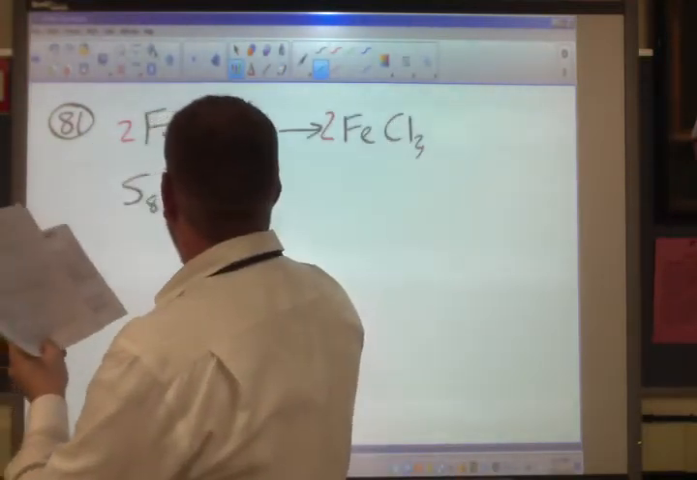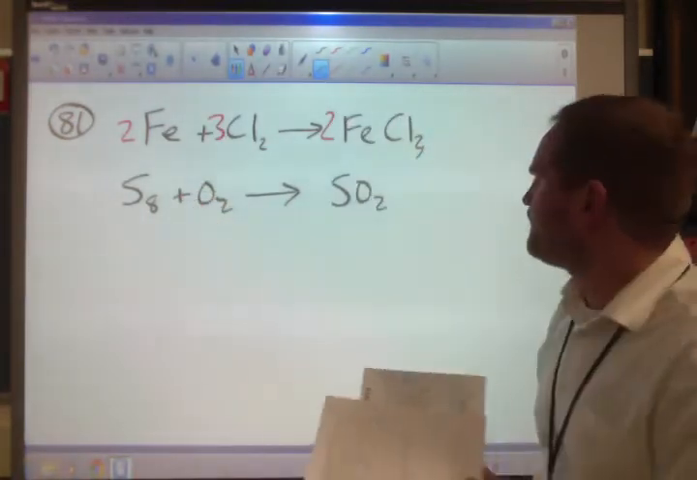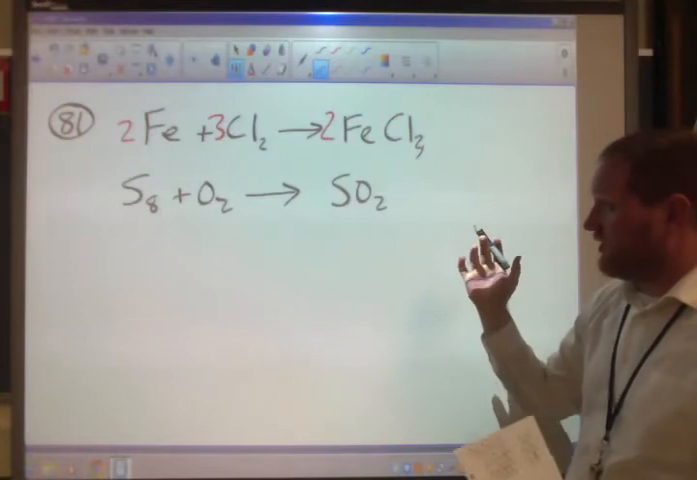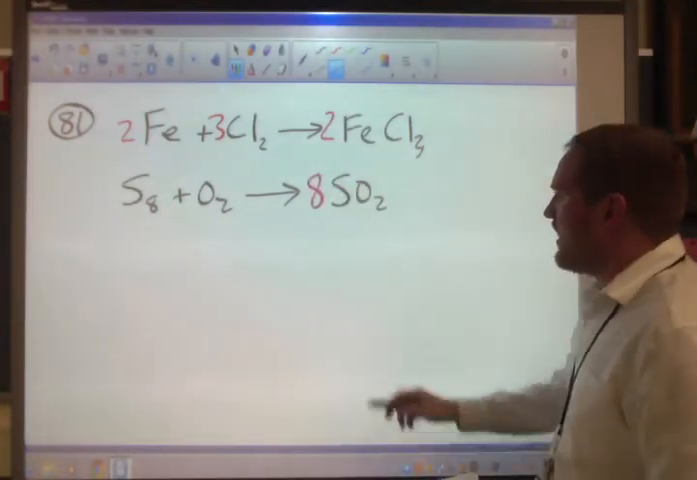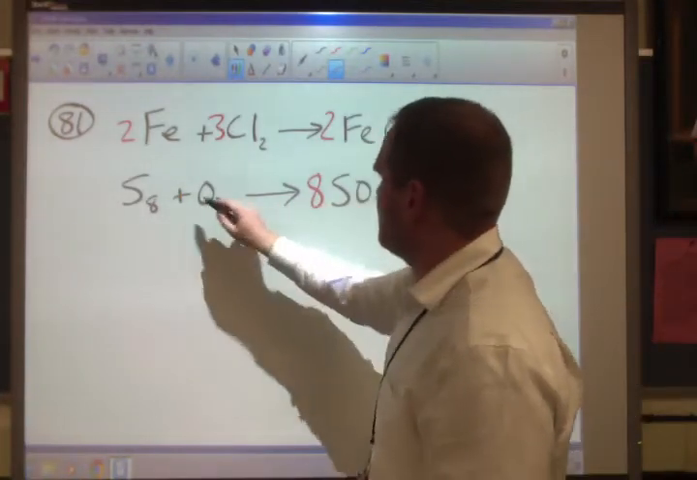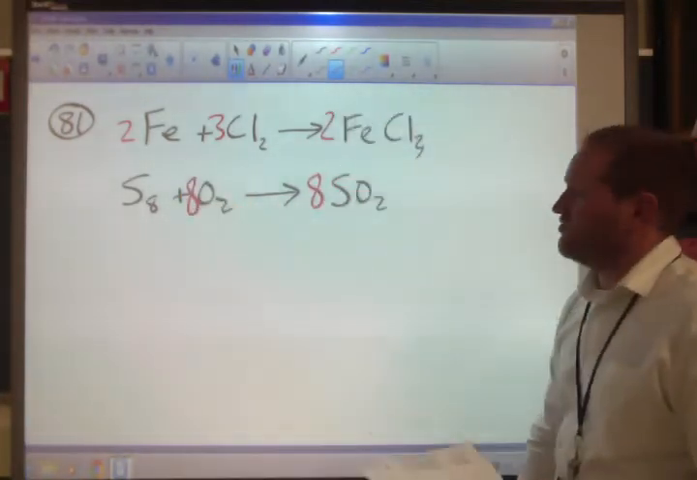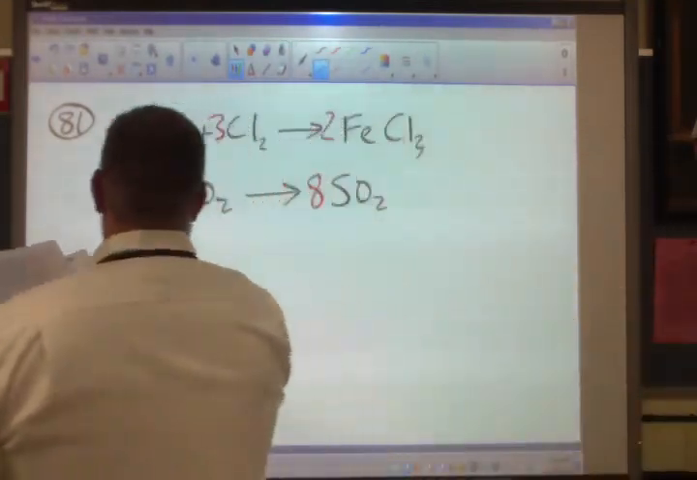S8 plus O2 yields SO2. Okay, so O is done, but S is not. So I have 8 sulfurs. Let's do 8 sulfurs. That gives me 16 oxygens. So just an 8 there now gives me 16 oxygens, and we're done. Next one,